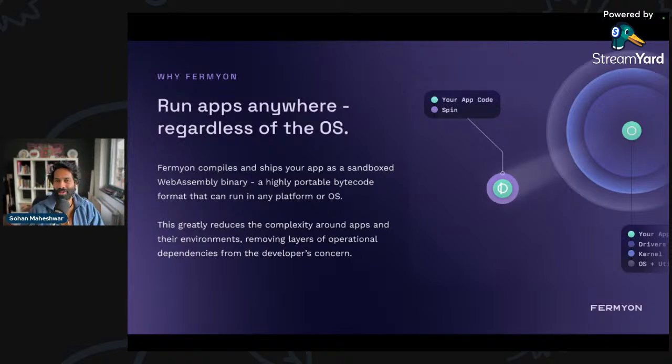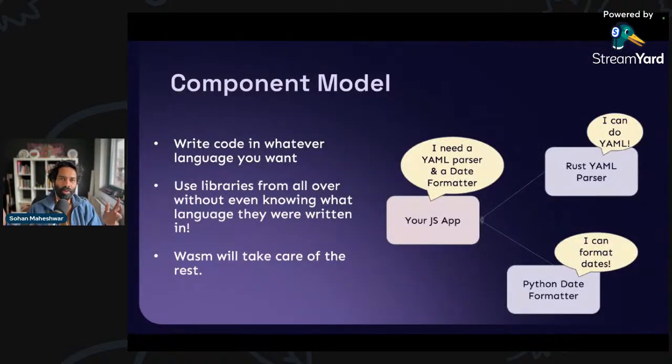I'm very excited about some of this, but one of the things that excites me the most is this thing called the component model. Now, this has been in talks for a while, and it was launched in a big way late last year, and it's in preview too, so it's fairly stable right now. But essentially, the component model is a way of rethinking how we build apps in general, right? Because right now, if you're writing an app, you typically write it in the same language. But with the component model, thanks to WebAssembly's portability and polyglotness, you can write a program in different languages.